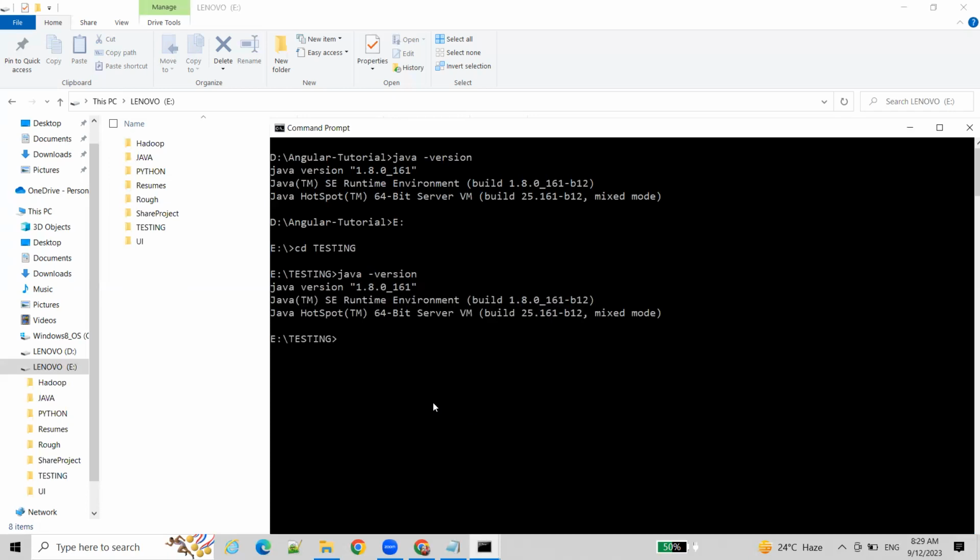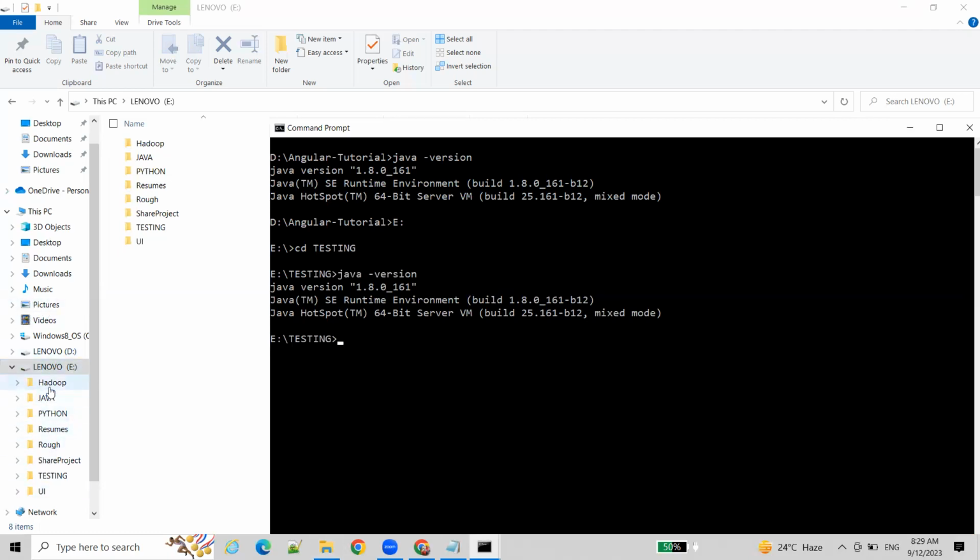Along with the Java version, we have to check one more thing. In Java, as I said, there are two parts: one is compilation and another one is execution. So along with the execution environment, we also need the compilation environment. We have to check whether the compiler is available or not. When you open the Java folder,